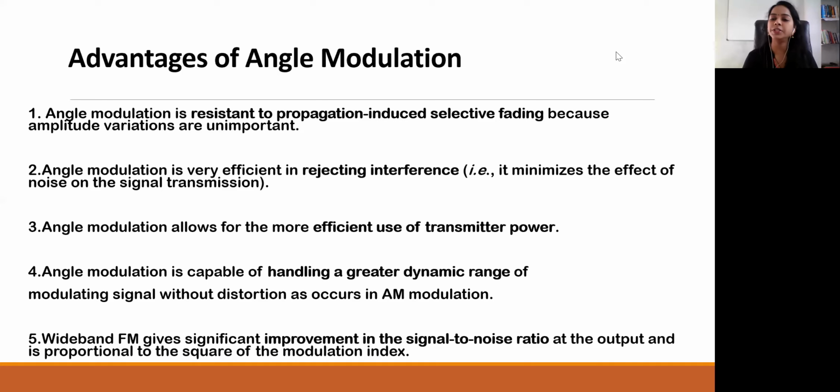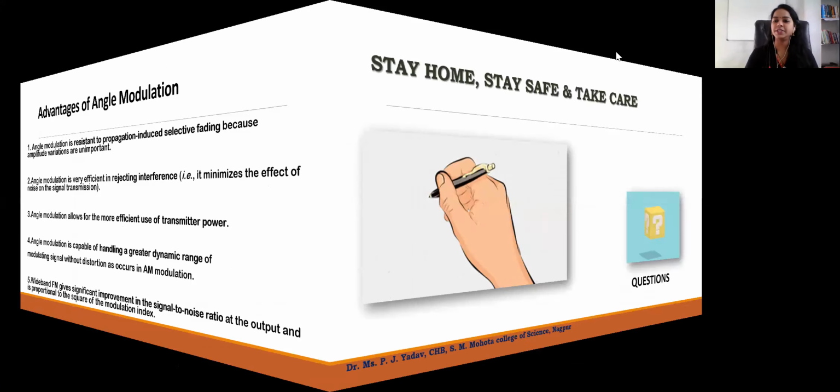In amplitude modulation you have the smallest bandwidth; there your bandwidth is limited, because in amplitude modulation we have only two sidebands, and in frequency modulation and phase modulation we have a number of sidebands, upper sidebands and lower sidebands also. So in both frequency modulation and phase modulation the bandwidth is very large, and in amplitude modulation you have the smallest bandwidth. So these are all the advantages.